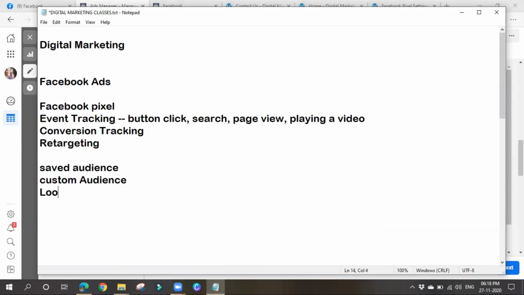And the next one is lookalike audience. So you know about saved audience. As I said just now, we can save the audience and use it for other ad creations. In case of custom audience, it is used for retargeting. You can target either website visitors or app visitors, or else we can upload our audience from the database. Means you might have got their details when they signed up on your forms. You might have collected some people's details.